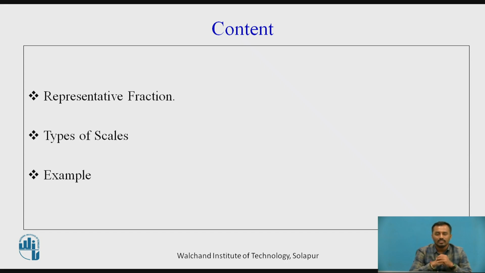That's why we scale up the object, or we scale down the object on a sheet of paper. With the help of this we can see the details available in that object in 2D form. So based on this we are going to define one factor called the representative fraction,